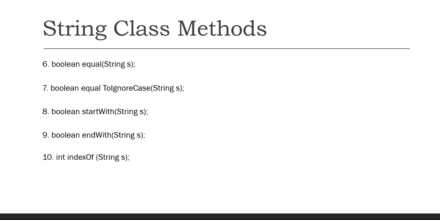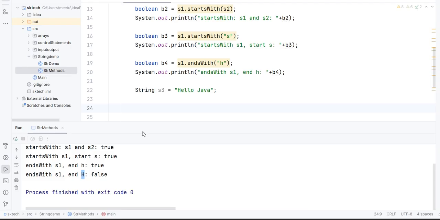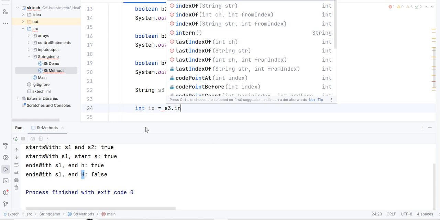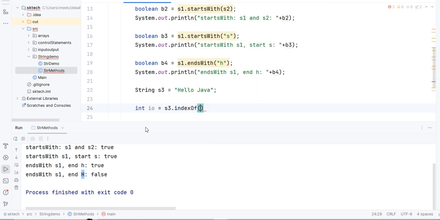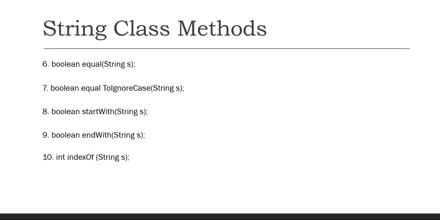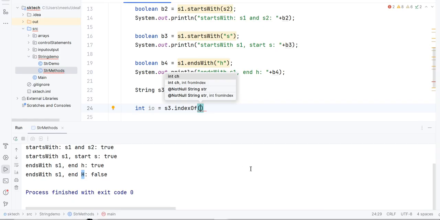Let's first write the return type. What is the return type here? Integer. Let's create int io equal to s3.indexOf. What input type is it expecting here? Some string, right? So let's say some string like s.